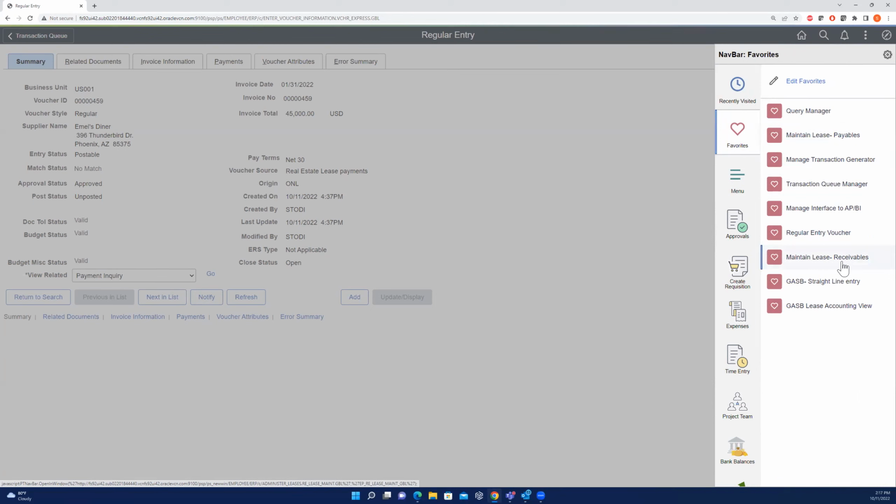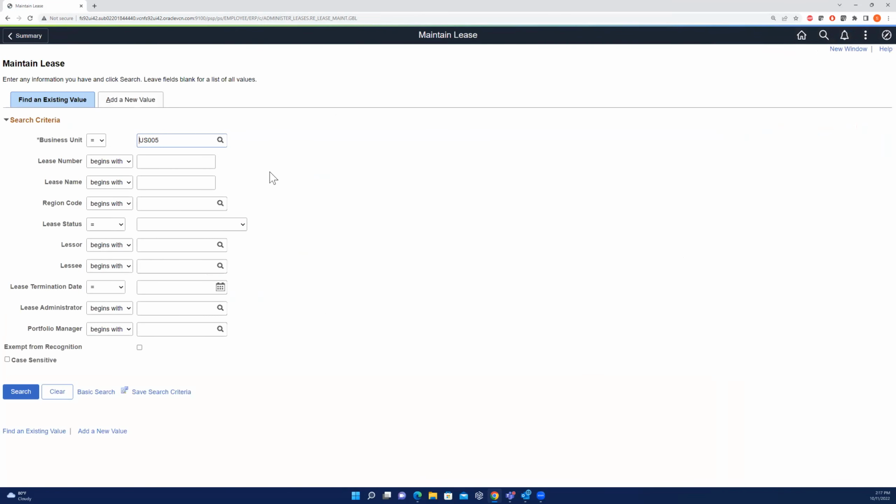From here, I'm going to jump into the receivables lease. And what I'm going to show you now is some of the things that PeopleSoft does not do as delivered, but what we have built as a bolt-on. So again, if you noticed, I was entering the first set of transactions on business unit 001, which is regular, which was the ASC 842. The receivables lease, I put it on a different business unit because PeopleSoft, again, as I'll just remind, as delivered does not do the GASB 87 piece, right? So